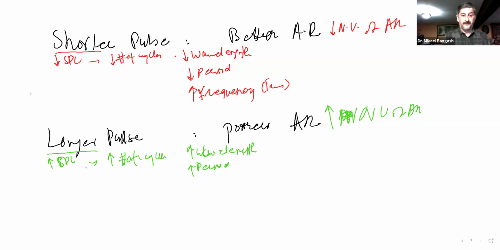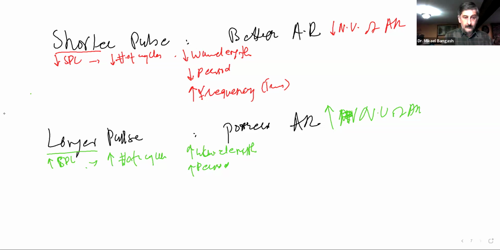What we know is that frequency is inversely proportional to wavelength, right? So the greater the frequency of our transducer, the shorter the wavelength. The shorter the wavelength, the shorter the spatial pulse length, the lower the numerical value of the axial resolution, and that gives us a better axial resolution compared to